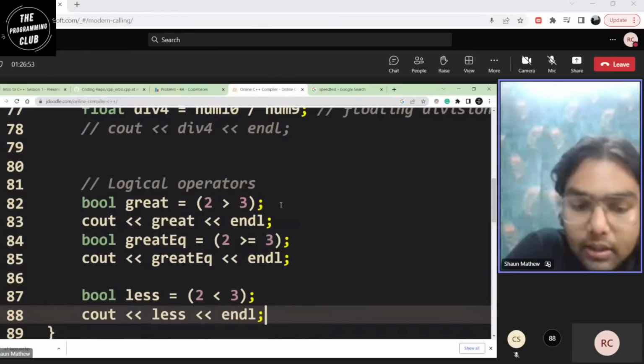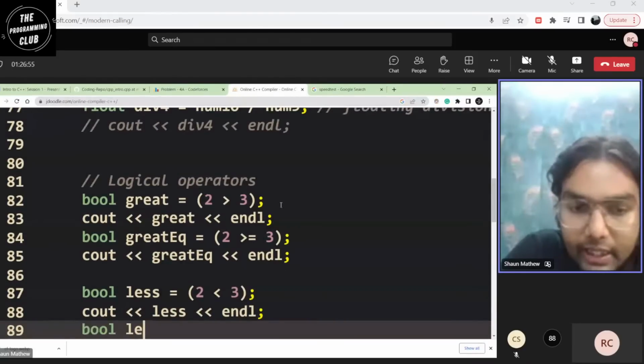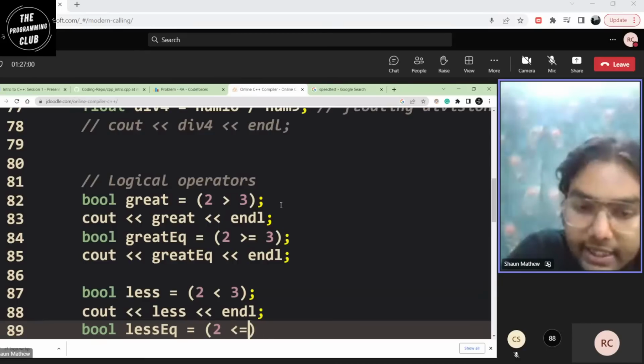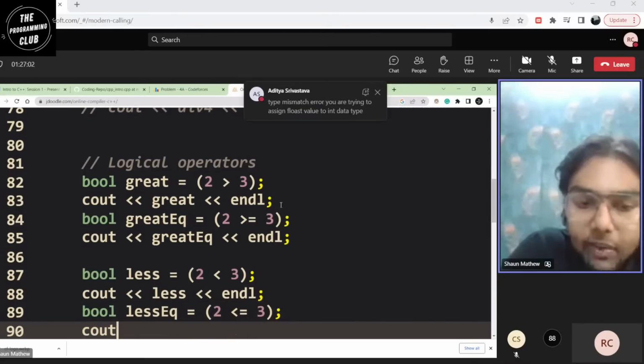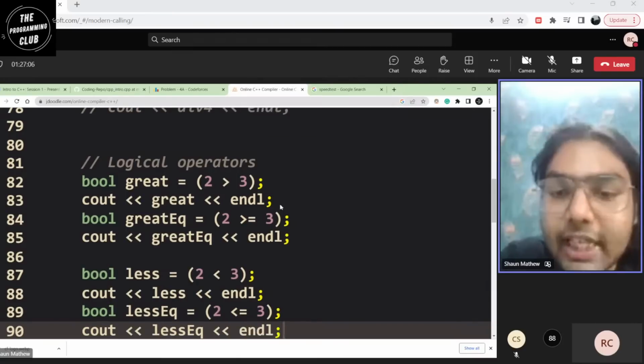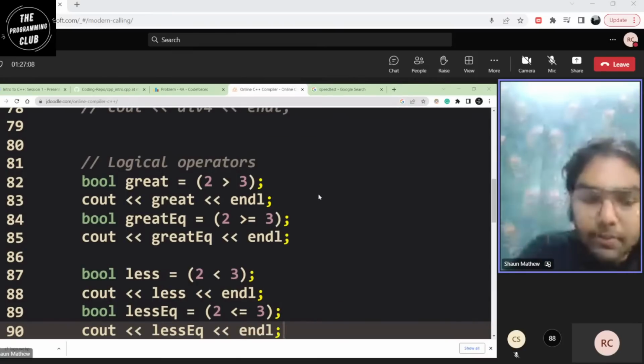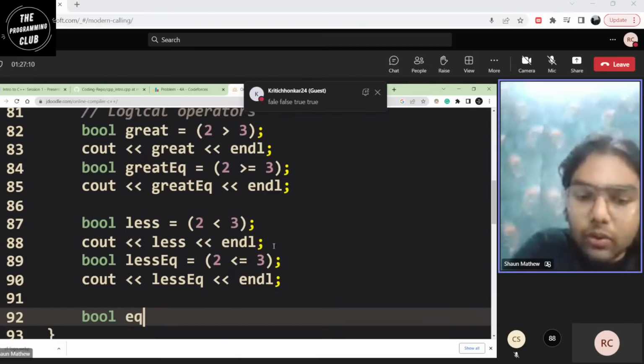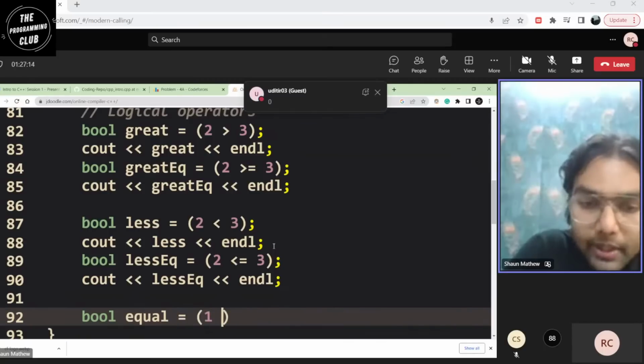Then I have a bool less equals, 2 less than or equal to 3, and I'll be doing cout less equals. Okay, so just tell me what you think the output of the program would be. I'll be writing 2 more down so that you get an idea. This is the most important part actually.